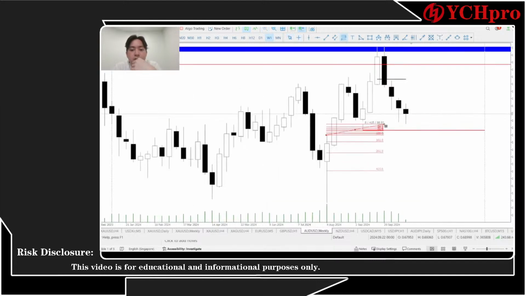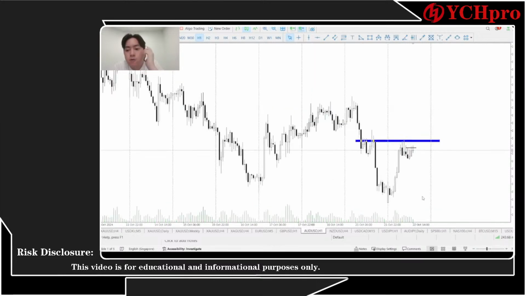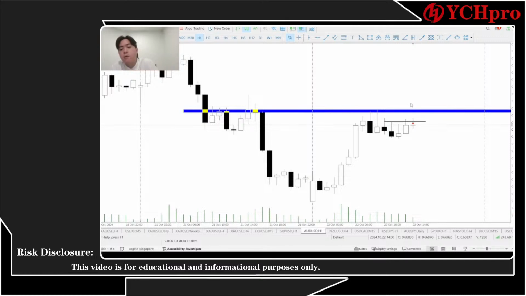Let's see how it happens, okay? Going back to 50%, using it like this. This is 60, this is 50%. Okay, yeah, I'm thinking that the market is going lower, but let's see how it happens. If we are right, then we are right. Then we can get a really, really good R&R.